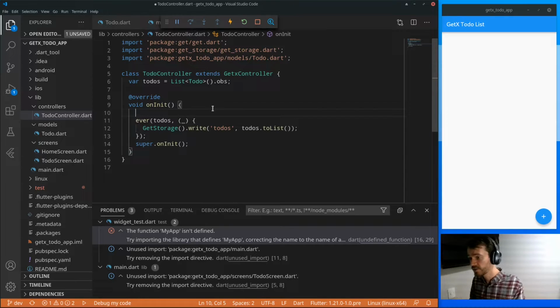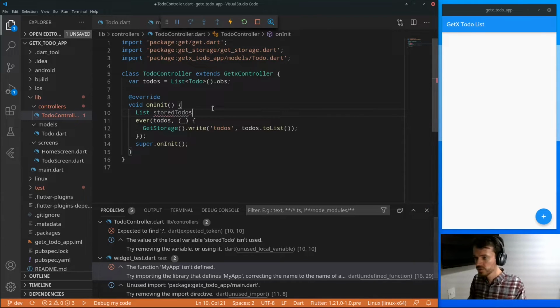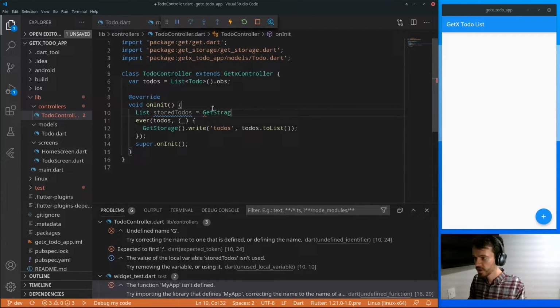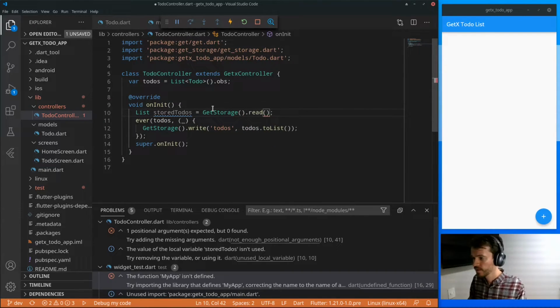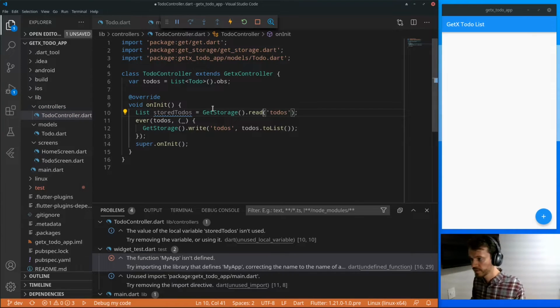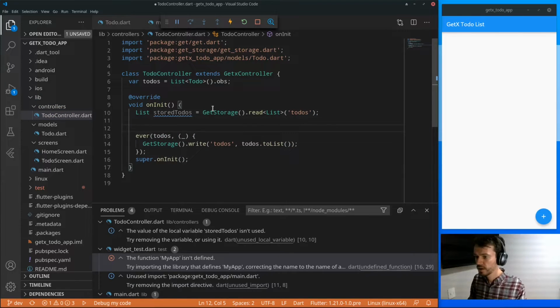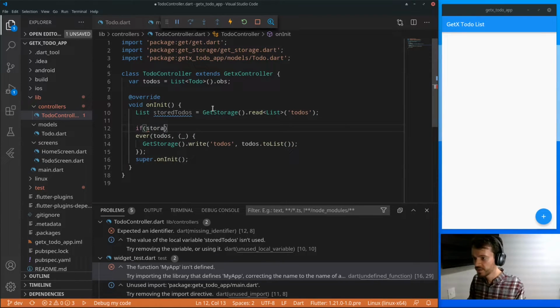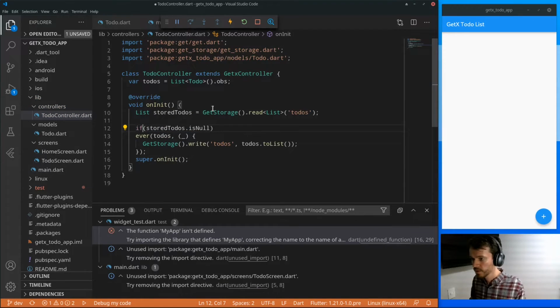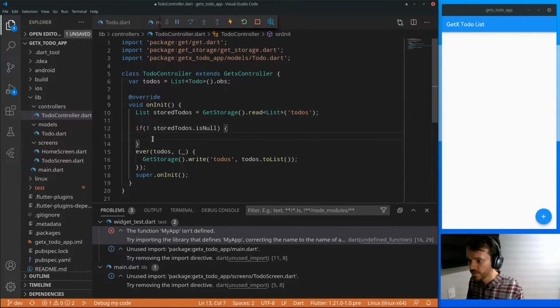Let's call the getStorageRead function. Here we have a list of stored to-dos that we'll get from getStorageRead. We can specify the type of file we are reading. Now let's verify if stored to-dos is not new. If it's not new, if there was data saved inside the persistent storage, now you have to load this inside